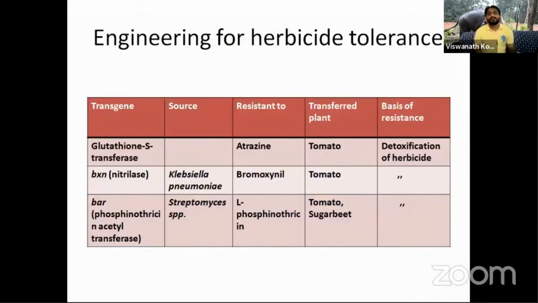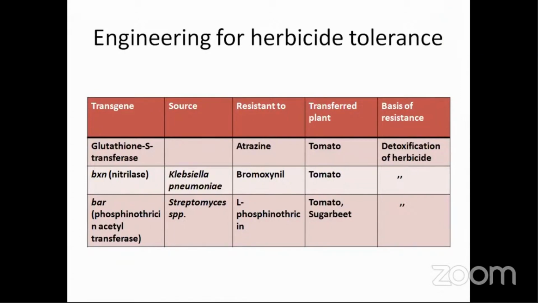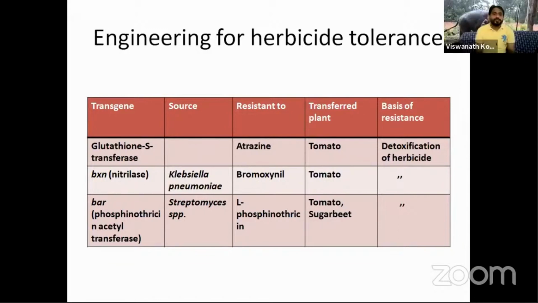So engineering for herbicide tolerance, why is it needed? Generally, when the herbicide is sprayed, it kills the crop plant also. Along with the weed, it kills the crop plant also. So when the crop is resistant to herbicide, the crop will not die, only the weed will die. So these are the herbicide resistant genes that are transferred to various crops against various herbicides like atrazine, bromoxynil, and phosphinothricin,